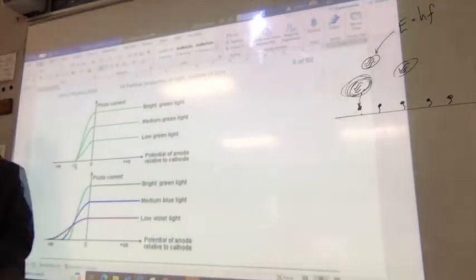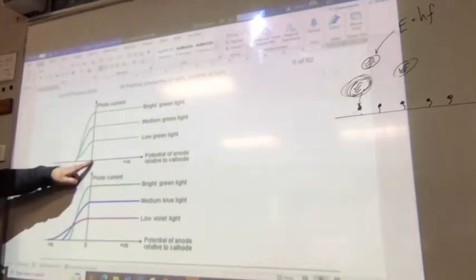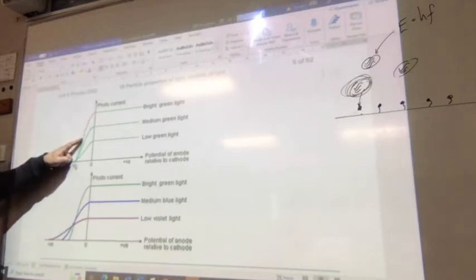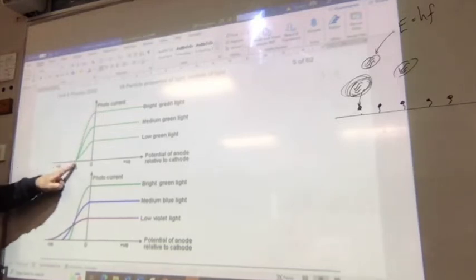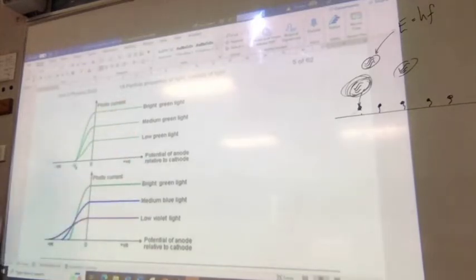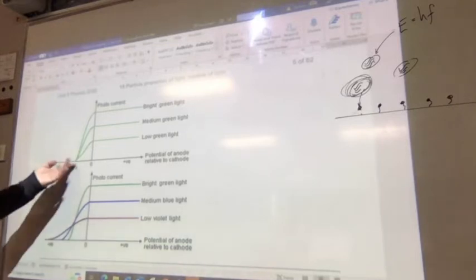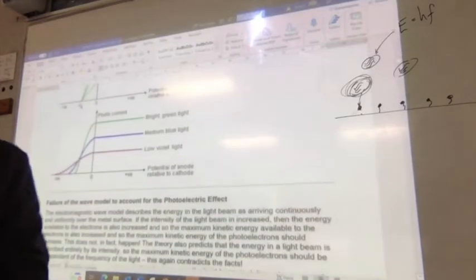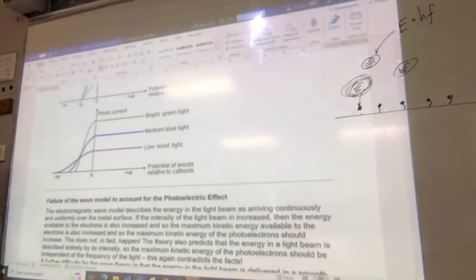Okay, so as the collector gets more and more negative, the current starts to fall off because it's just harder and harder for those electrons to get there. But the stopping voltage for all 3 versions of that green light is still the same. Why? Because that was the maximum kinetic energy available. You couldn't do any more than that. All right? But if you move on to the next graph, you can see that here what we've done is